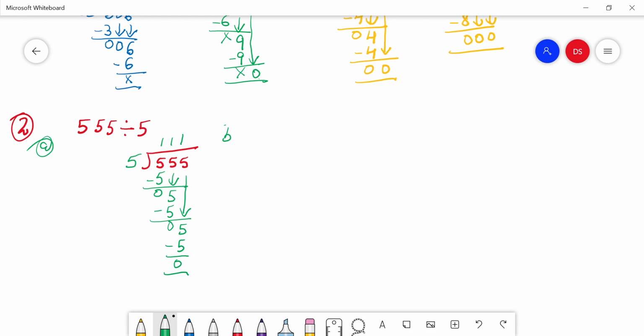Now we will do B part of question number 2. This is 246. We have to divide it by 2. 2 1 ja 2. This is 0. Next digit is 4. 2 2s are 4. Children, you have to learn all the tables. For doing division and multiplication, you should learn all the tables. 2 3s are 6. The quotient is 123.